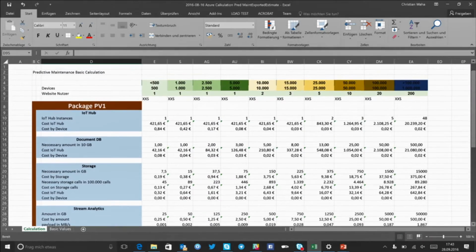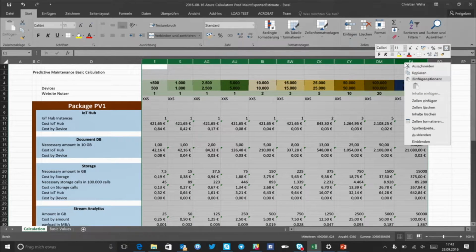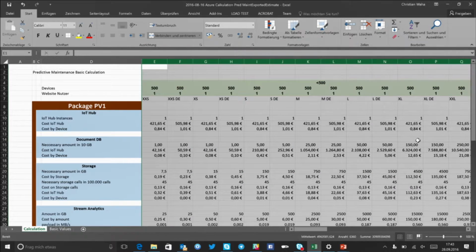So for all of this, we think about how many devices we have there, how many users will use that, and how much data is stored there. If you see, this is a condensed view of this calculation. If you want to see more, I can open the columns. So we made calculations for the German cloud and for the public cloud.